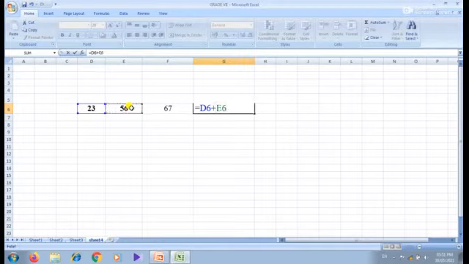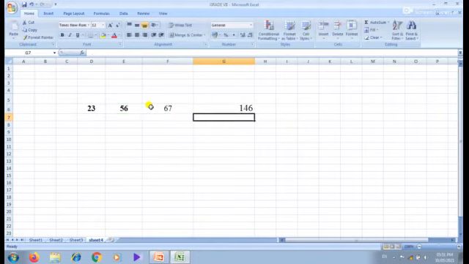Then again press the plus sign. Then choose cell F6 using the mouse. Finally, when you press the enter key, you get the answer. So we can enter the formula using the mouse.